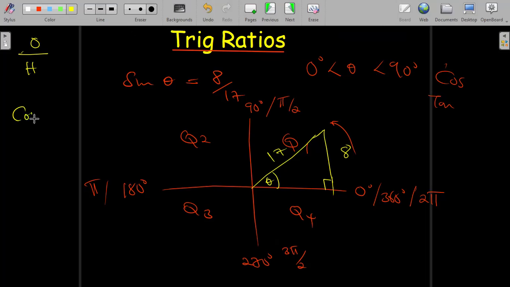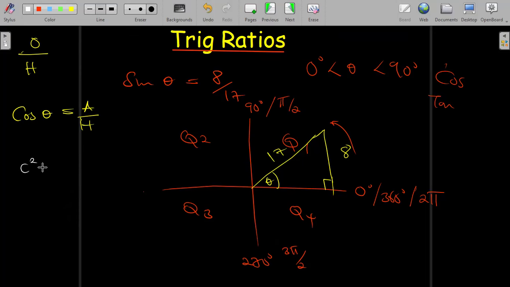So what is cos theta? Cos theta, I know, is adjacent over hypotenuse. Now, do I have my adjacent? I do not have it. So it means I first have to find my adjacent. And I can easily find my adjacent by, of course, Pythagoras' theorem, where if I have the shorter side, so